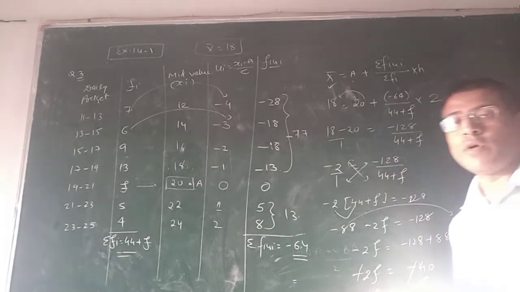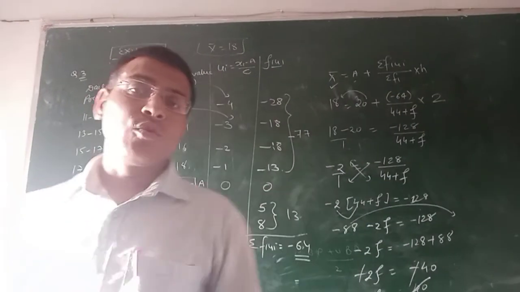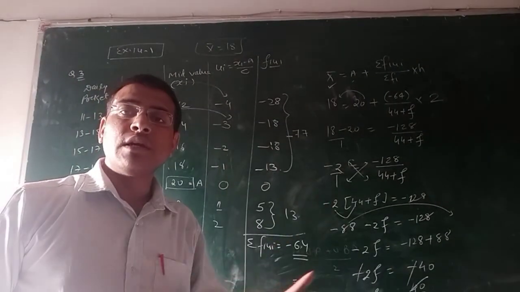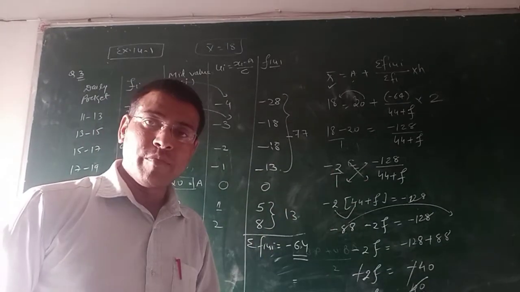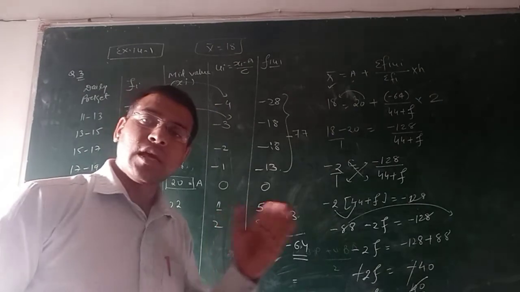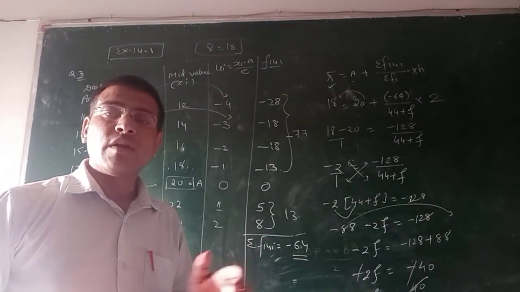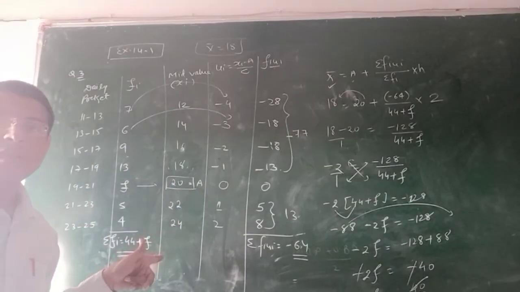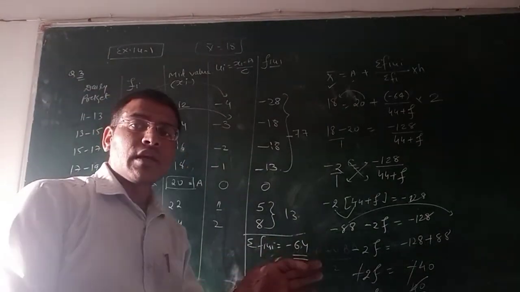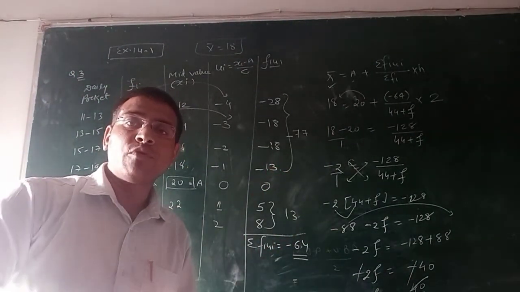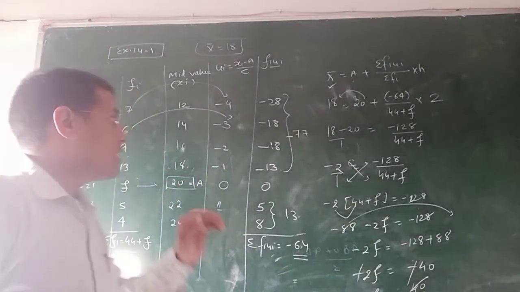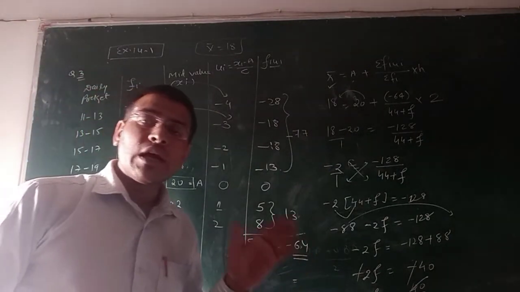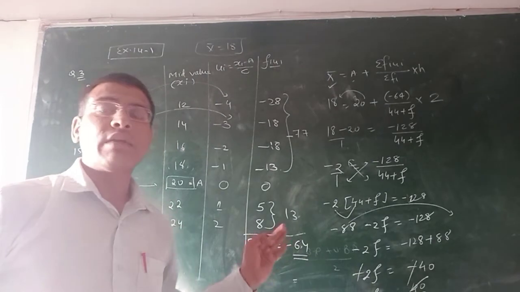Okay friend, this is all about this method. So those students who are quite confused regarding ui, they are to be suggested to do the calculation as we have done in the previous lectures. They will surely get the same answer as we have got right now. Even I have told you earlier that you can assume any one of the values. It is not fixed that you will have to assume the middle value always. You can assume even the very first value, second value, third value, fourth, any of the values you can assume. You will get the same answer every time by doing this method.